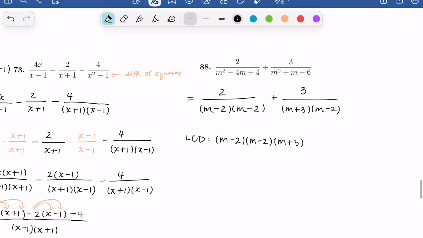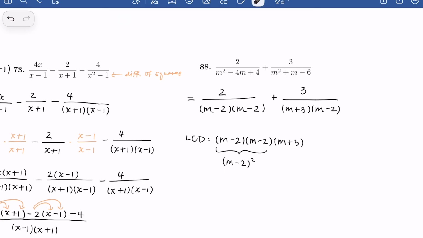Now, something else to note here is that n minus 2 times n minus 2 is also n minus 2 squared. So that's how I'm going to write it moving forward. So the LCD then is n minus 2 squared times m plus 3. So what we need to do is multiply both of these by something in order to get this LCD. So notice for this first expression, we already have the two factors of n minus 2. So what we need to do then is multiply the numerator and the denominator by this guy to get the entire LCD. So we're going to have